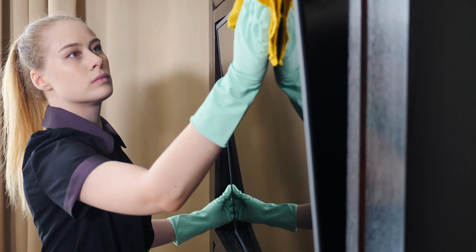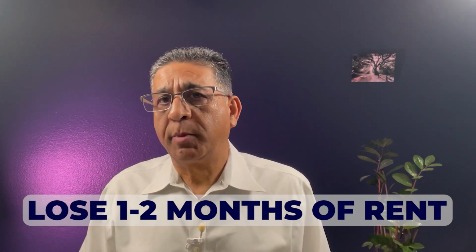Once they move out, now you incur, as a property manager or as a landlord, cleaning cost, moving cost, you have to fix something. At the same time, you may have 2 or 3 weeks, maybe a month of rental income gone because while you're cleaning it and finding another tenant and screening them and the moving date, you may lose a month, 2 months of rent. So by charging the correct rental amount, the market rent,